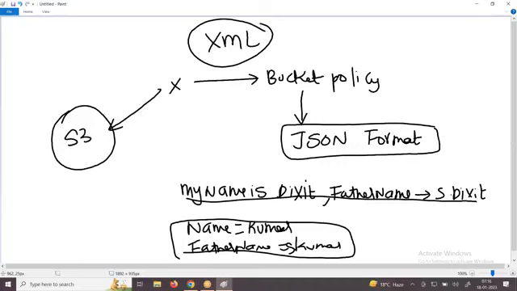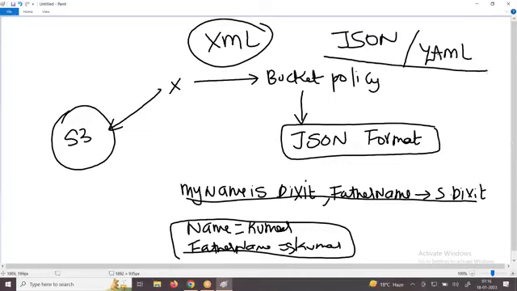But down the line, Google proved that reading a lot of data in XML will be slow. So they came up with a concept called JSON. Newly, there is another one called YAML. These things are not code. These things are formats. Is it clear?